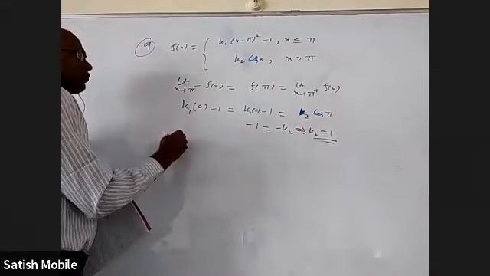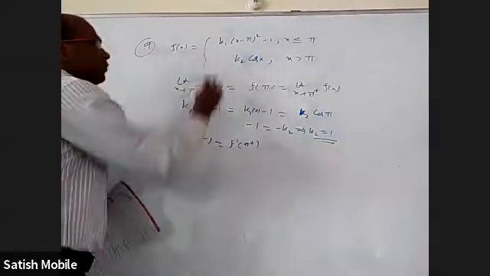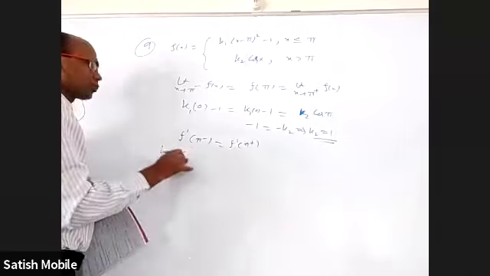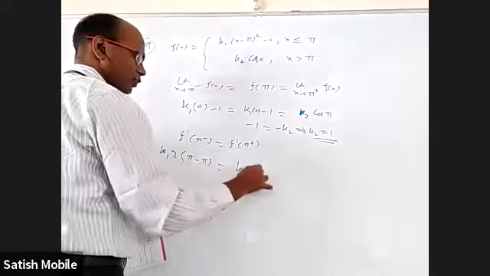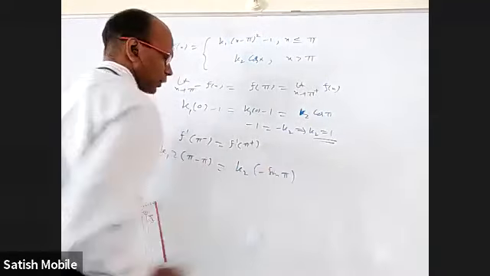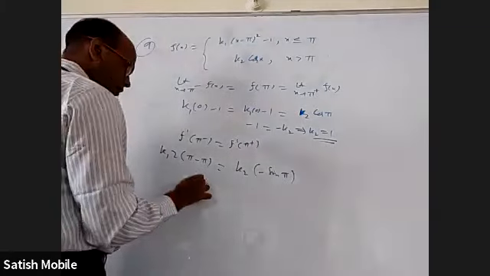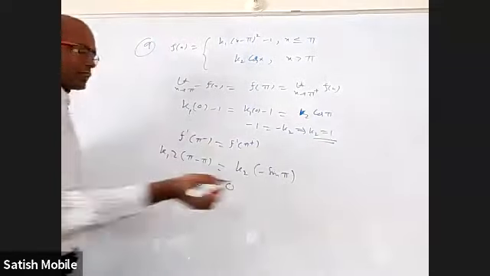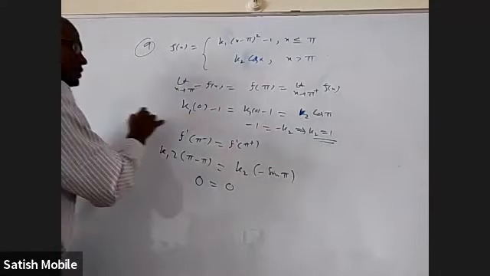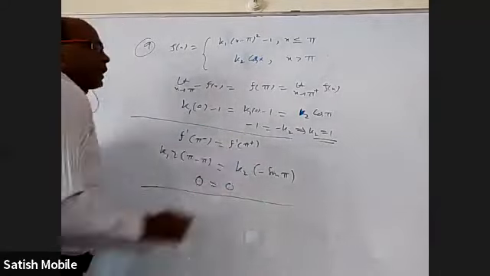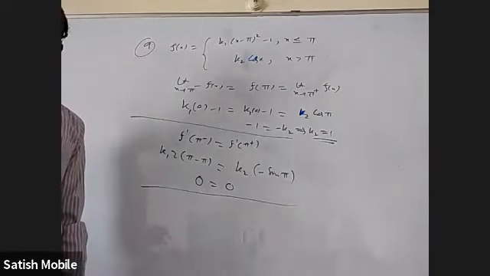Now let us check f dash pi minus should be the same as f dash pi plus. When I differentiate this, I'll get k1 into 2 into (x minus pi), which is pi minus pi. When I differentiate this, I'll get k2 into minus sin x, which is minus sin pi. Differentiate this and substitute pi, differentiate this and substitute pi. Again this is 0, this is 0. We are not getting anything from the first derivative. It means as long as k2 equals 1, it is continuous and also differentiable automatically.